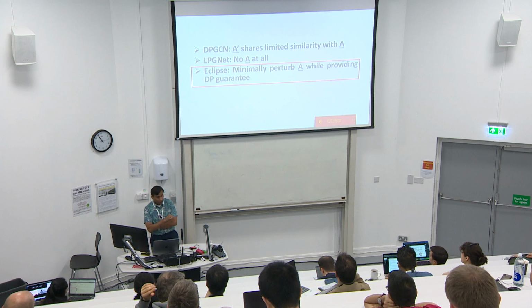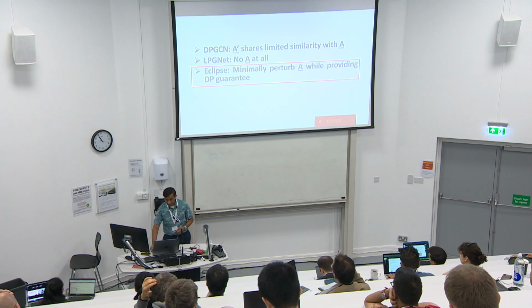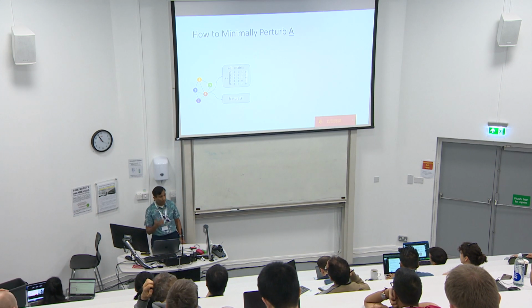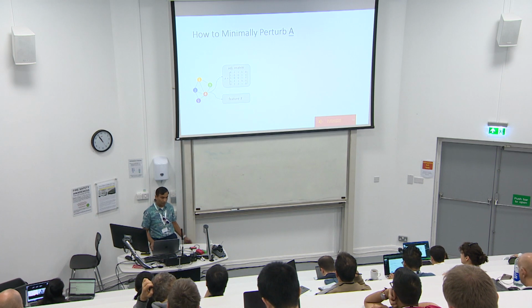So what are we interested in? We want to minimally perturb matrix A while producing the differentially private guarantees in the system. And so how are we going to do that? How are we going to minimally perturb matrix A? Here is one approach, and there may be other approaches, but I'm going to present the approach that we used